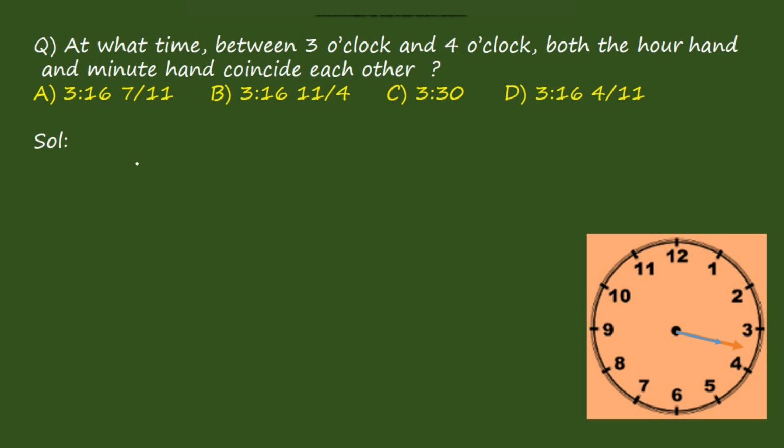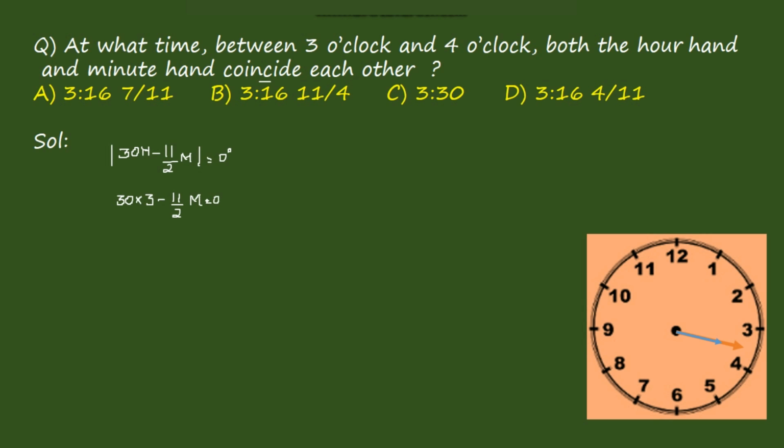Now for this type of question we will directly use a formula. It is given as |30h minus 11 by 2 m| equal to 0 degrees. When they coincide, they form an angle of 0 degrees. They will be coinciding only after 3 o'clock, so h is 3. The number of hours is 3. So 30 times 3 minus 11 by 2